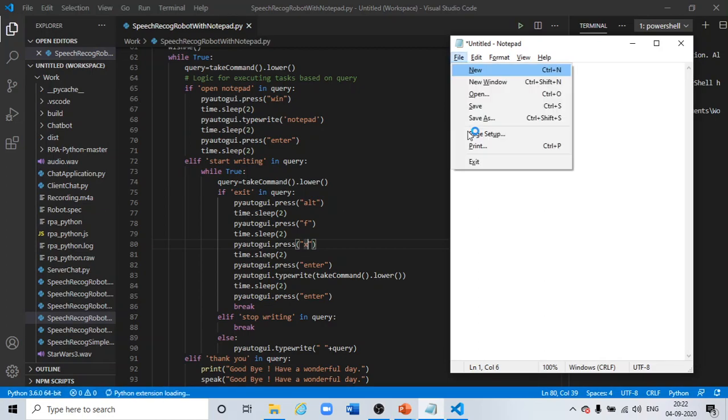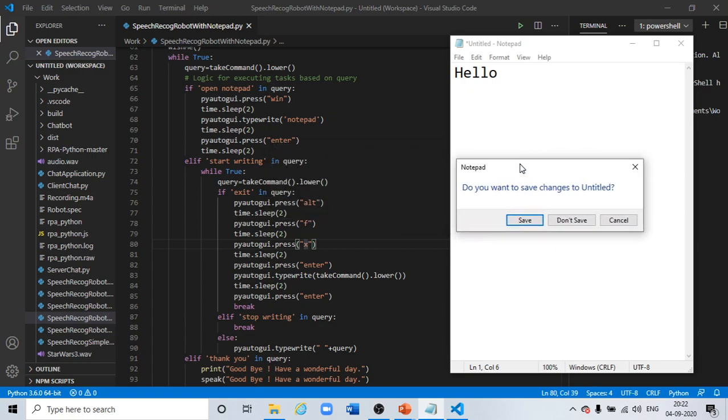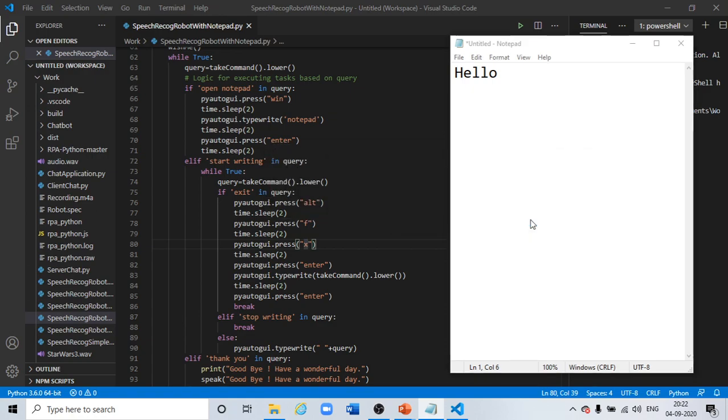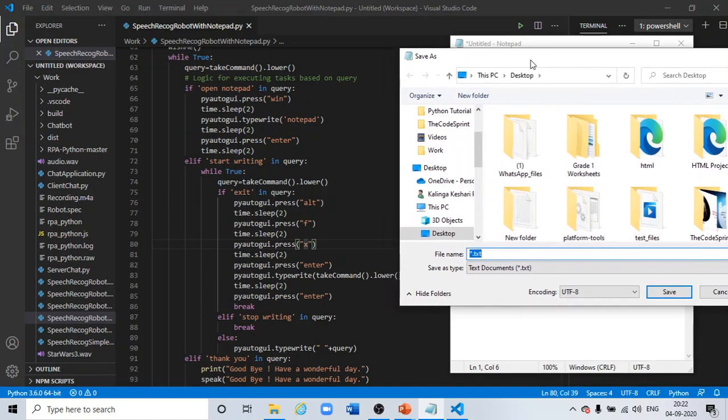So Alt F X. Whenever I give X, it tries to save. So it clicks on save. Then it takes my command, and I gave integration with Notepad. So when I gave integration with Notepad, it took it and saved it into a default folder.